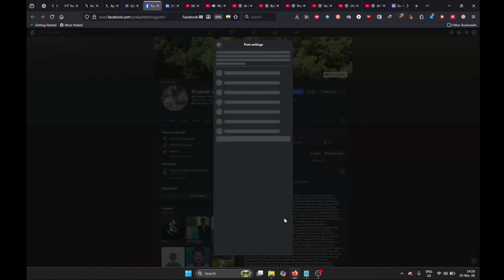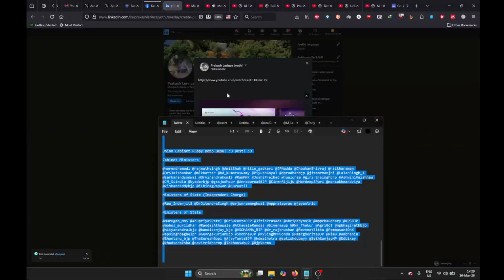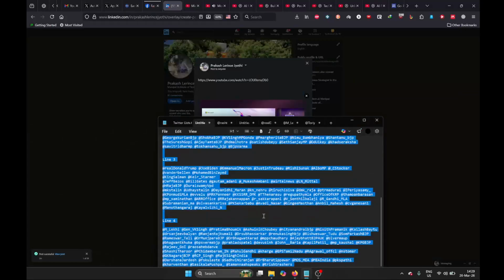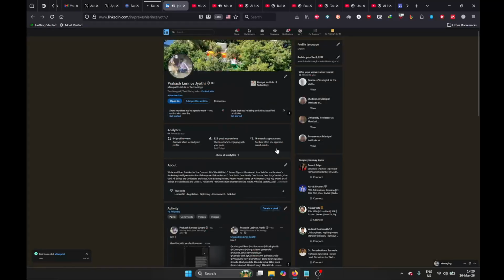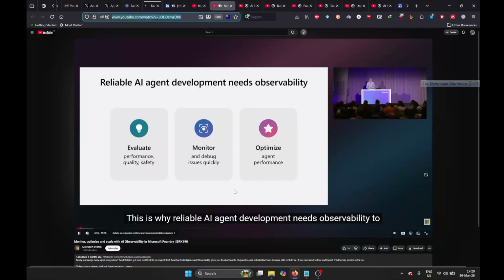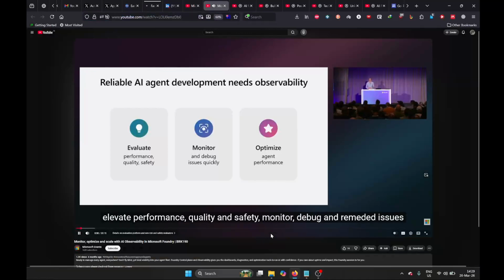We all know that agents are non-deterministic, creating reliability and consistency challenges for developers and operators. This is why reliable AI agent development needs observability to elevate performance, quality, and safety, monitor, debug, and remediate issues, and